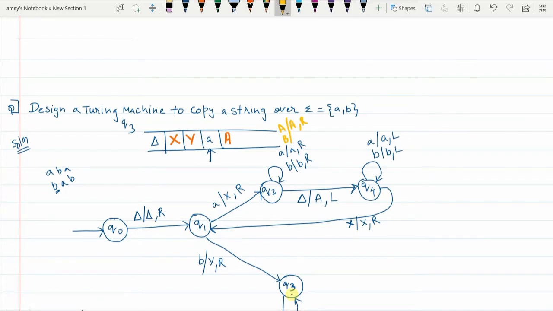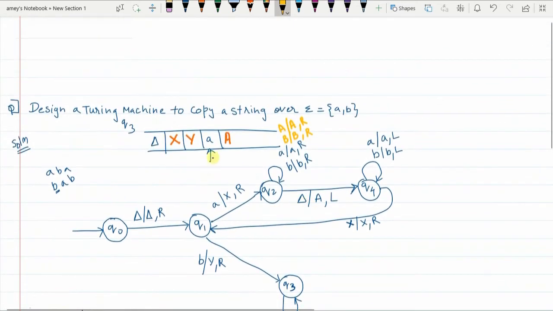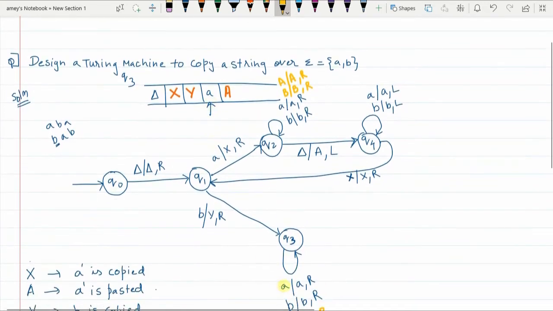B encountered, B will be replaced with itself, pointer moves to the right. So along with these two, you will have these two here. So you are in Q3 now. Small a you ignore and the pointer moves to the right. Yes, you are in Q3 only.